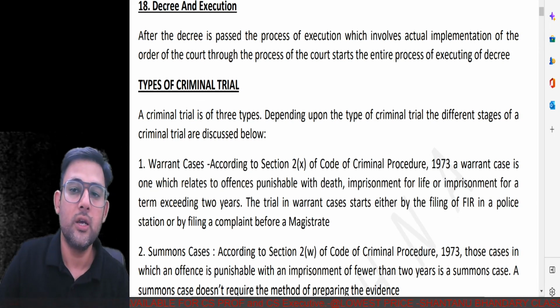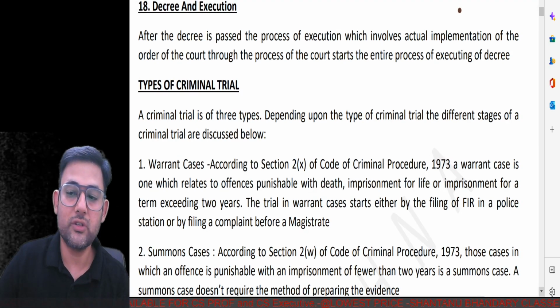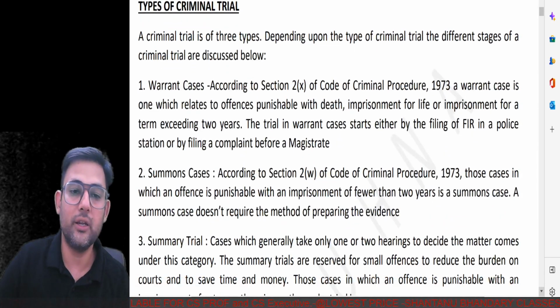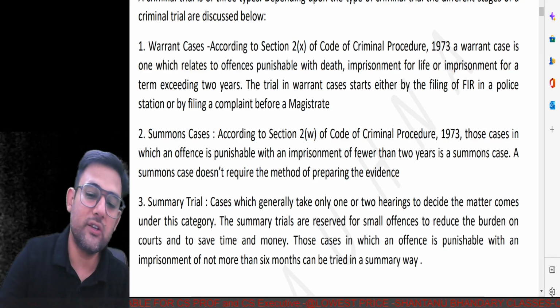Now we also have the types of criminal courts. There is one thing called a summons and the other called a warrant. We'll discuss those one by one. So it says that